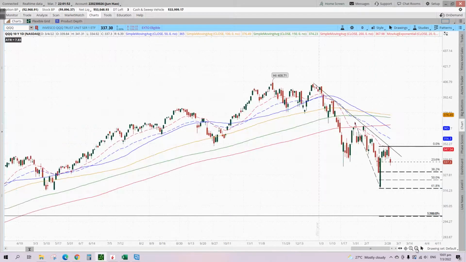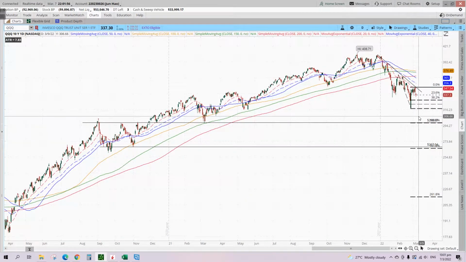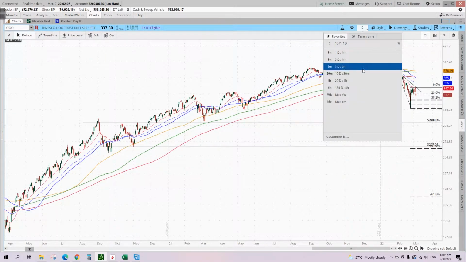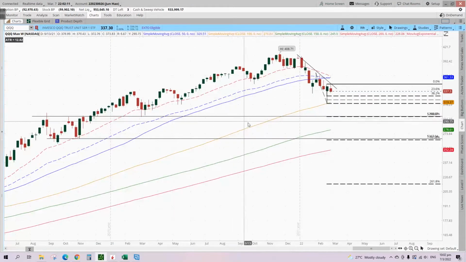So now let us take a look if there are any supports in between this zone over here. Now on the daily chart, one glance at it doesn't seem very obvious, and it doesn't seem to have any support levels for the prices at all. So let's head to the weekly chart and see what we have. Now on the weekly charts,